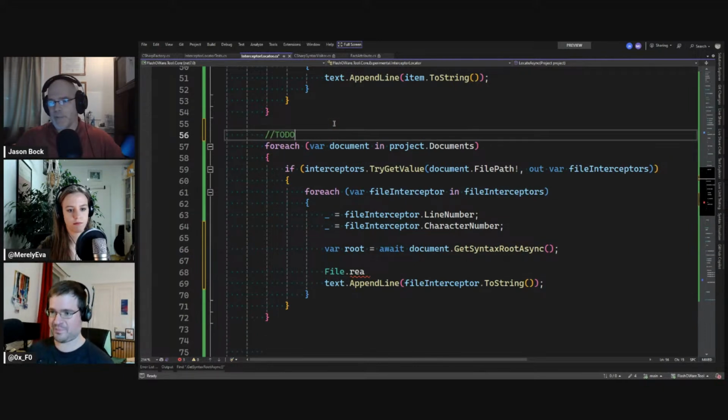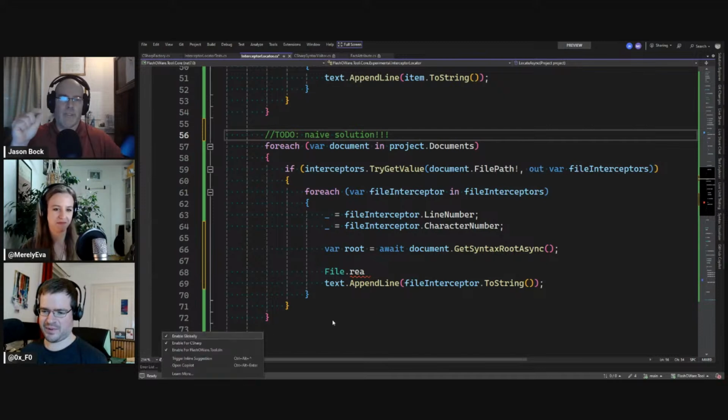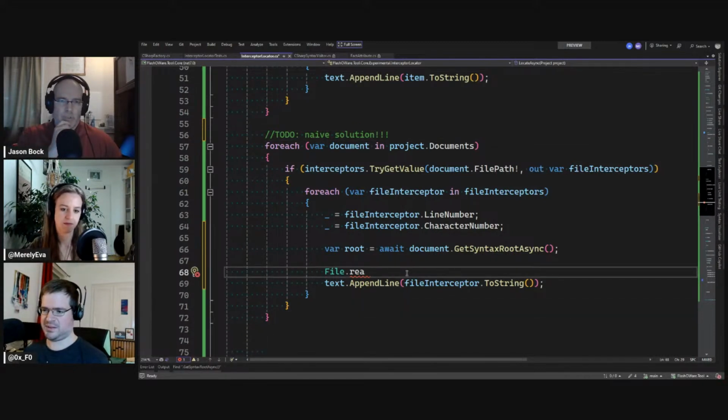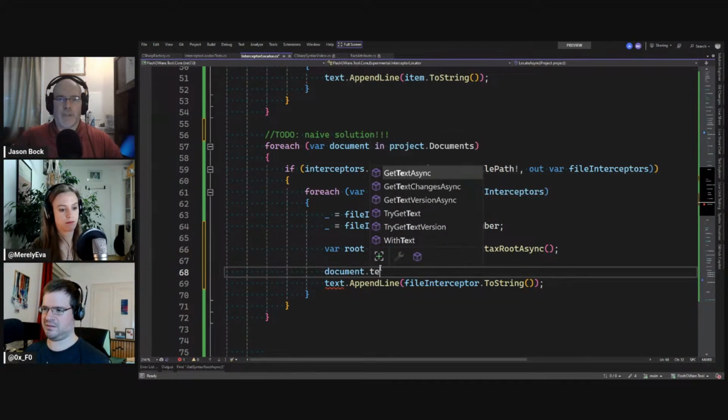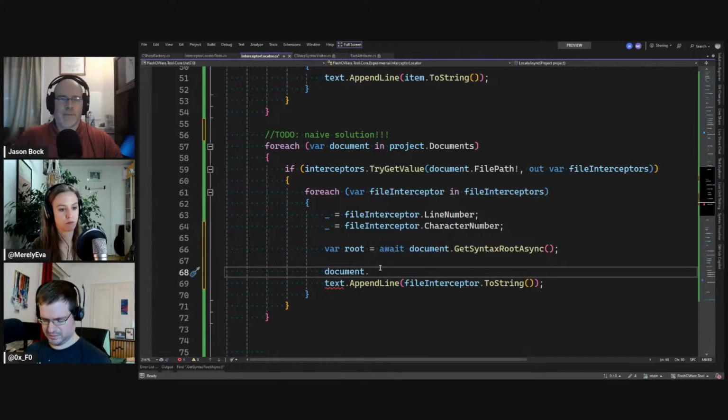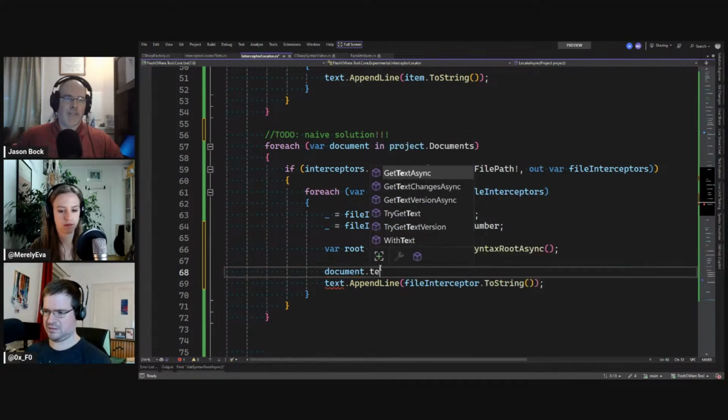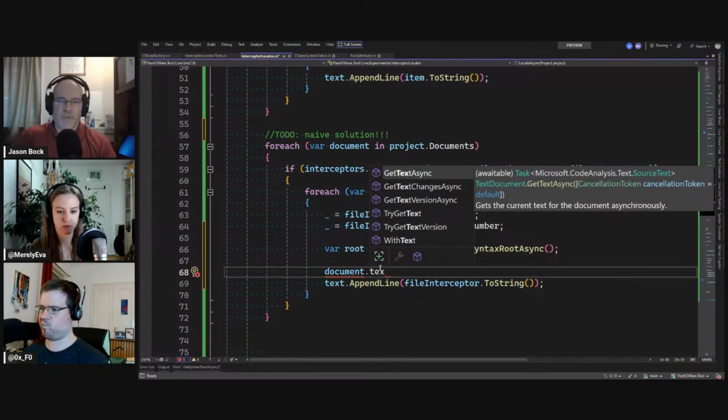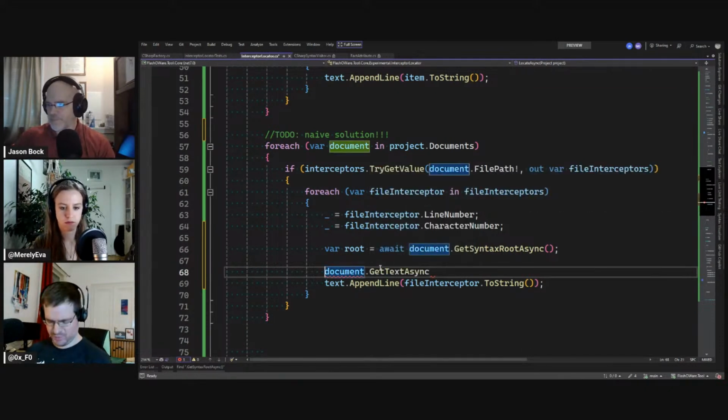But we eventually want to get to that particular node at that location, because this reads all the text, and if that's a large file, you're going to get all that allocation. I'm almost positive there's a way, but I can't remember it off the top of my head. So what you're going to do will work for now. Yeah, that would be super naive.